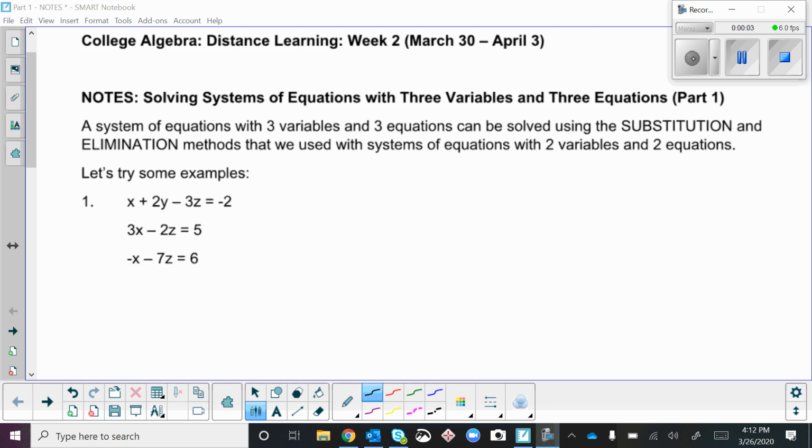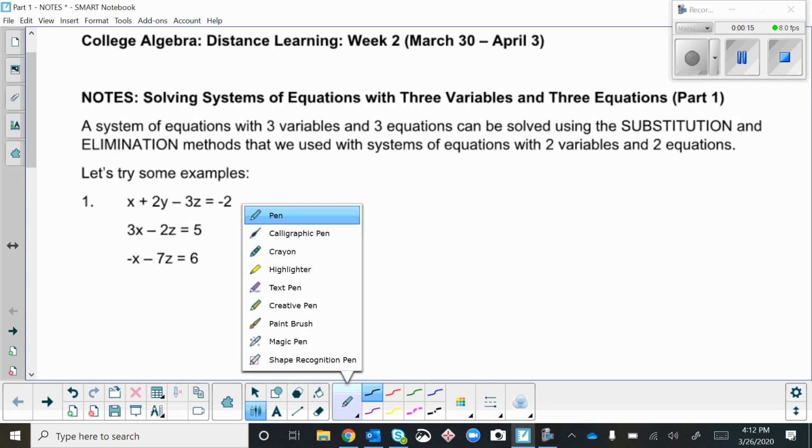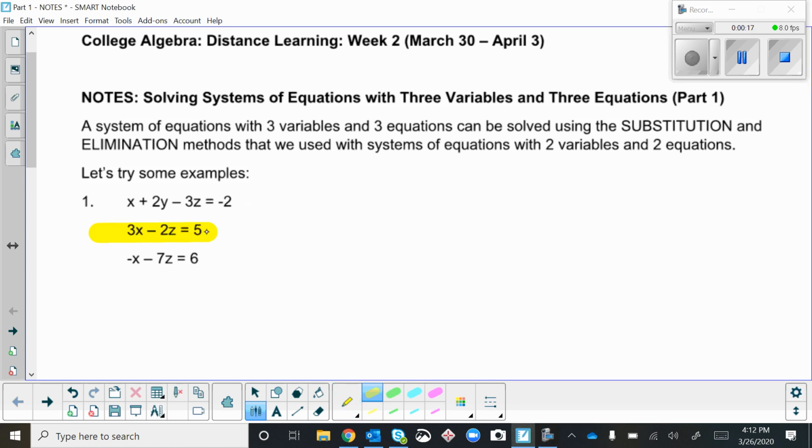All right, this week we are reviewing systems of equations with 3 variables and 3 equations. Part 1 is where 2 of the equations already have a variable eliminated. So you've already been given a 2 by 2 system. We'll solve this system for those 2 variables and then substitute back into the first equation to get the third